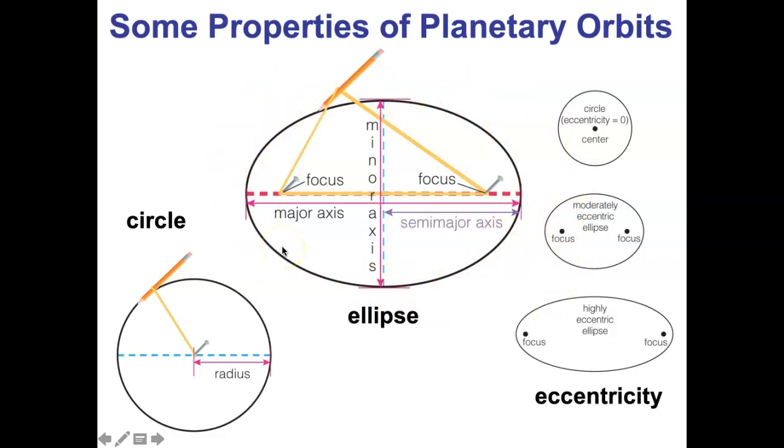All right, so an ellipse is an oval that is defined by where your two focus points are and how big your loop of string is. If you knew where your focus points were and how big your loop of string was, you would know exactly what the shape of this ellipse was. Okay?